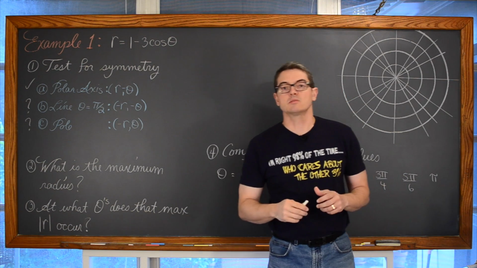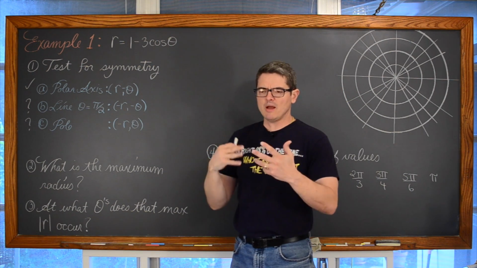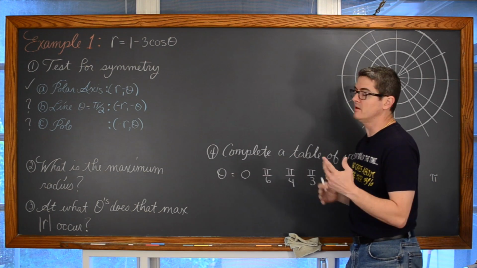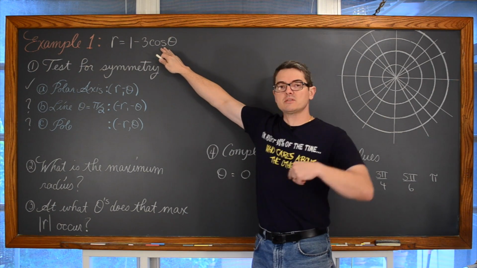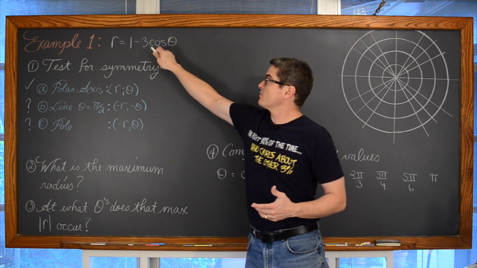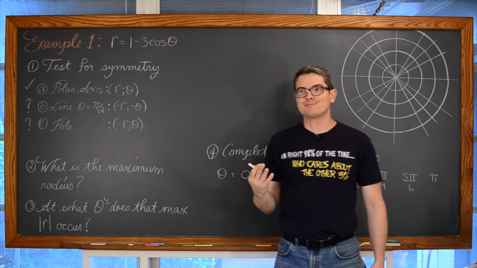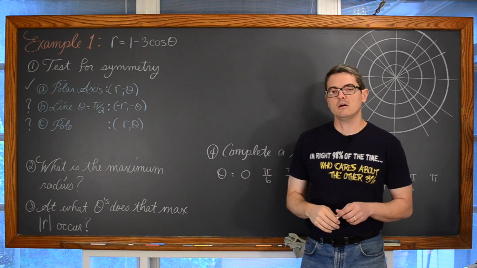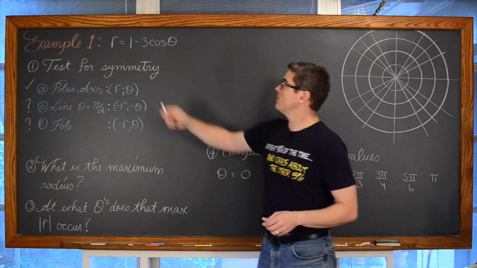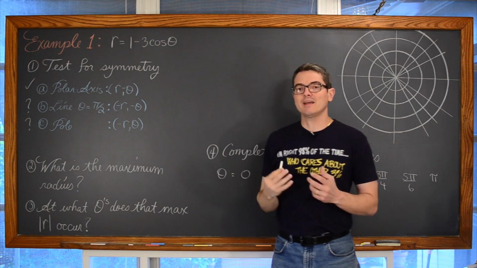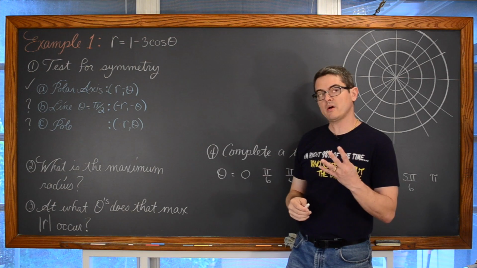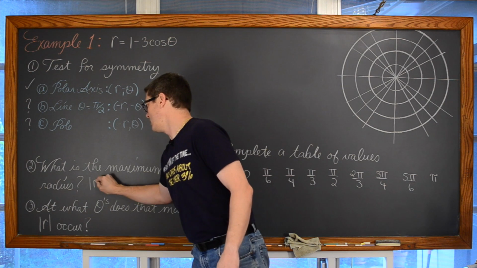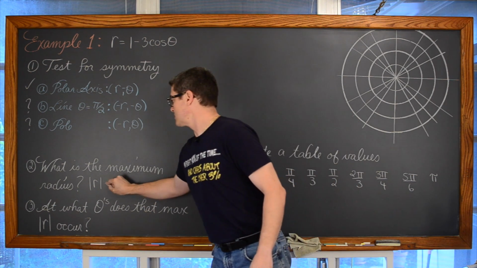What is the maximum radius? Well, again, now you might be looking at these problems and they might have other trig functions besides sine and cosine. Most of these that we deal with in this lesson will. So the maximum cosine is ever going to be is positive 1. Well, 1 minus 3 times positive 1 is 1 minus 3, which is negative 2. And the smallest value that cosine of theta can take on as an answer is negative 1. So 1 minus 3 times negative 1 is going to be 1 plus 3, which is positive 4. So the maximum value, again for the absolute value of r, is going to be 4.